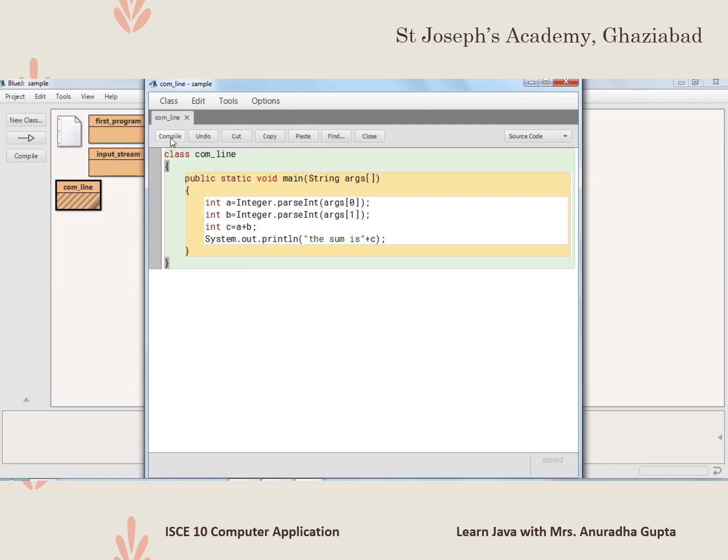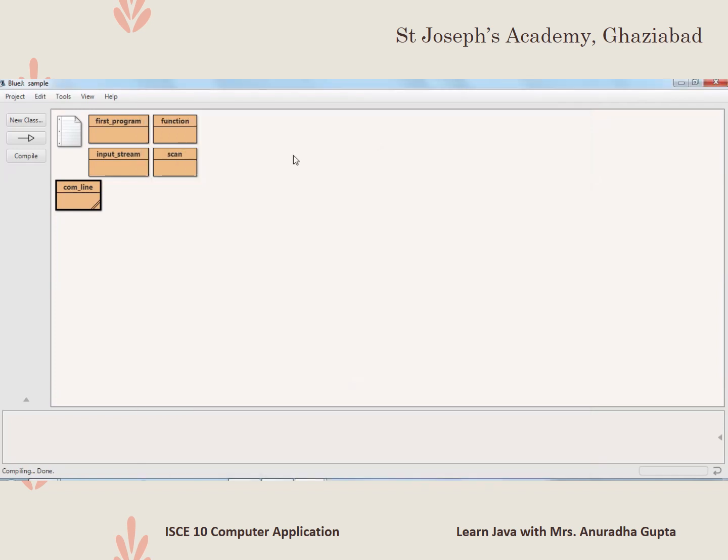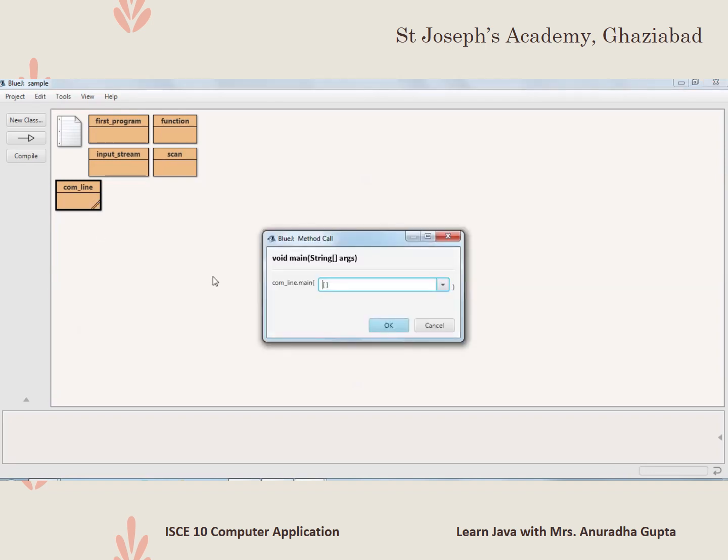After writing our program, click on compile, go to close, and let's check how to take values by using command line argument. Here we will get our dialog box. In between the curly brackets, we have to put double quotes, and first I write the value 13, then I write 70.